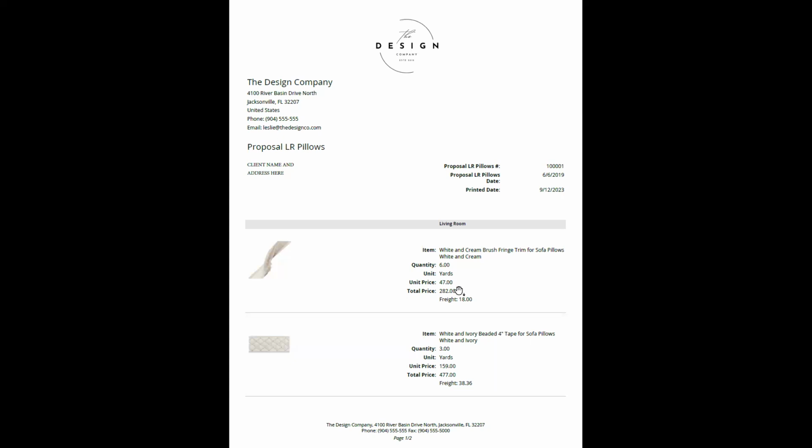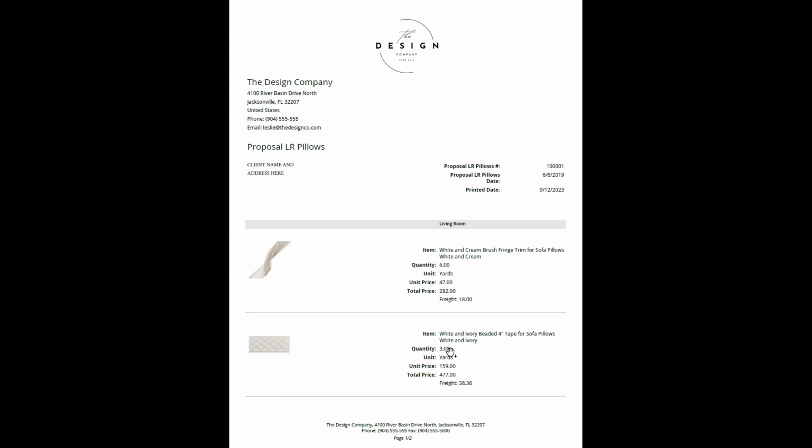The designer may also tell the client, I'm going to give you retail price on everything, and the retail price of this may be $47. It's just that the designer has an arrangement with the manufacturer where they get a discount. So you can see they've got the total price of 6 times 47, $282, and then freight. This is the shipping cost. And depending on the contract, the client generally pays that cost directly, so the designer doesn't mark up the cost of the freight.